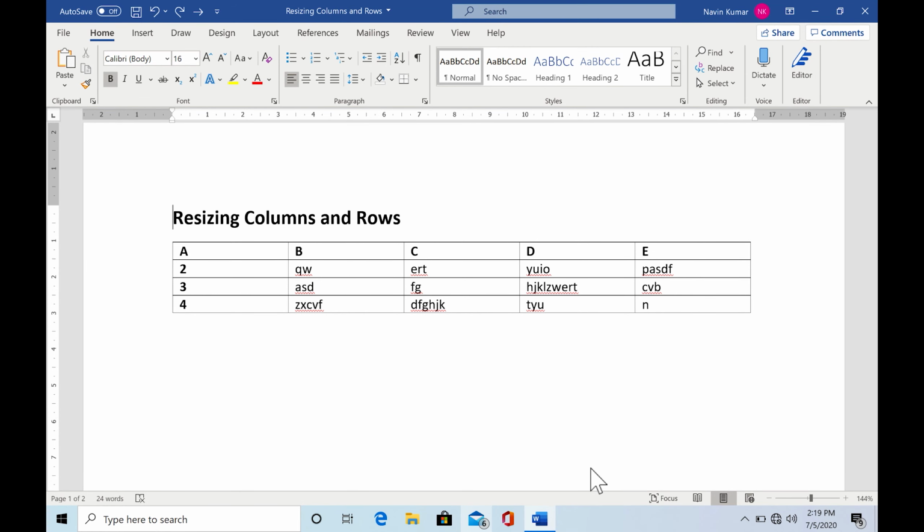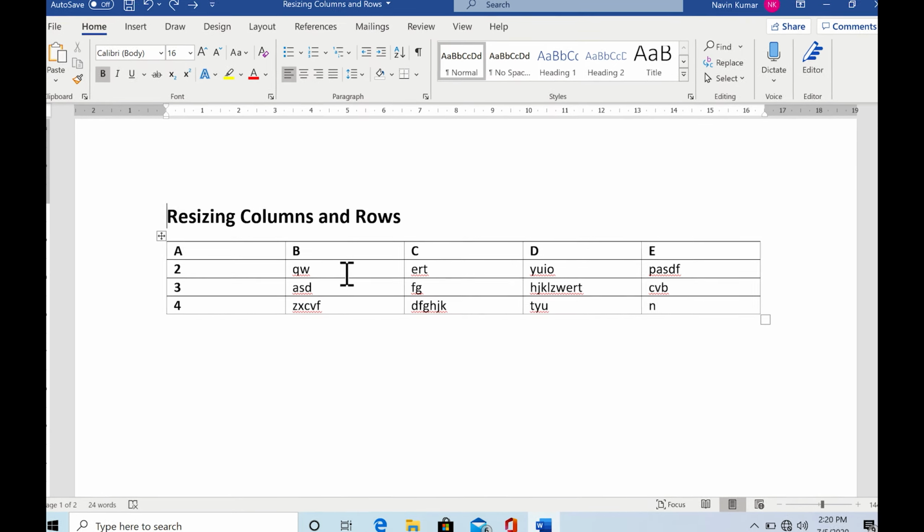When you make a table in Word, it occupies space from the left margin of the page up to the right margin. You will notice that all columns have the same width and all rows are of the same height. The width of columns depends on the number of columns you have chosen to create, but the row height has a default value of 0.33 centimeters. You can resize the columns and rows at any time. We will first look at resizing columns.